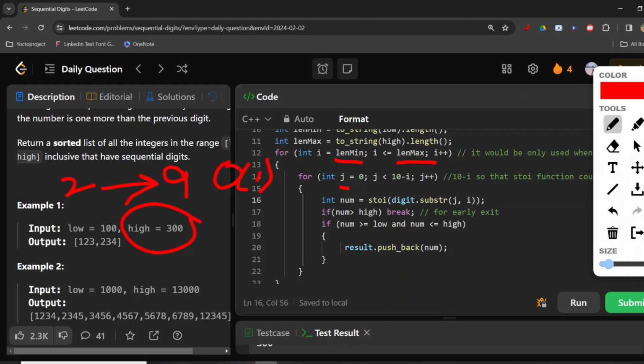And now comes the part for this. Here we are going from 0 to 10 minus i. And why 10 minus i? We are taking 10 minus i because of this 9 which is there, right? So at max there could be 9 digits. So just one digit more than that, we are doing 10 minus i, so that we can go ahead